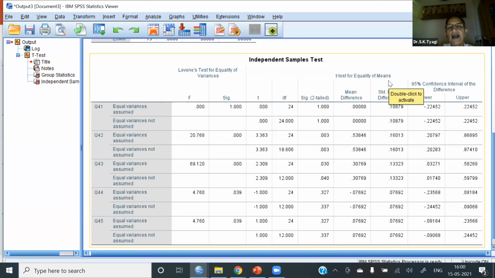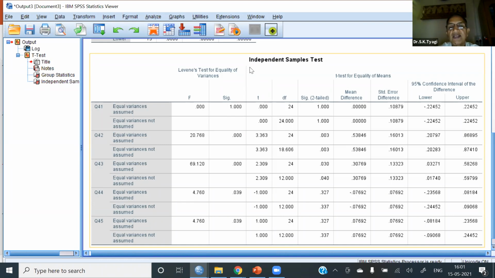Those of you who already know what an independent t-test is must be knowing that one of the assumptions underlying the t-test is that the variances should be equal. Variances of the scores in the two groups should be equal. And this part of the table tests this first assumption.